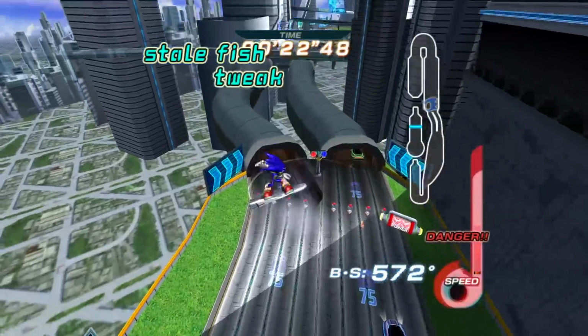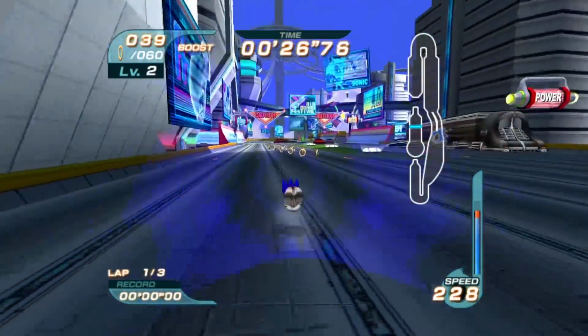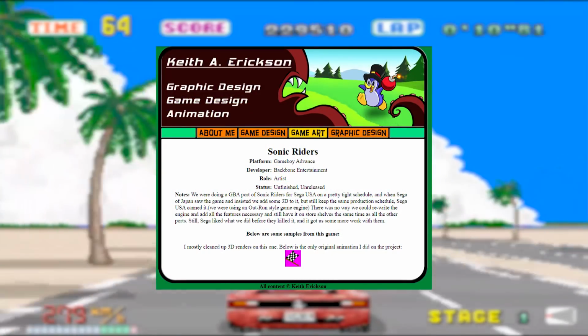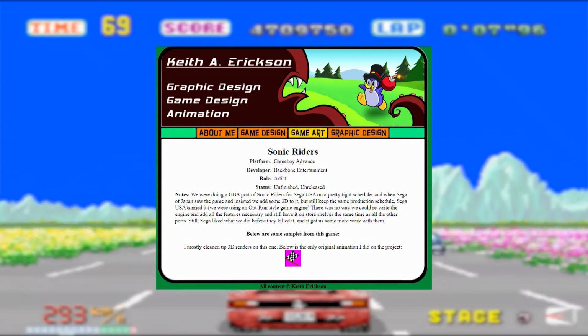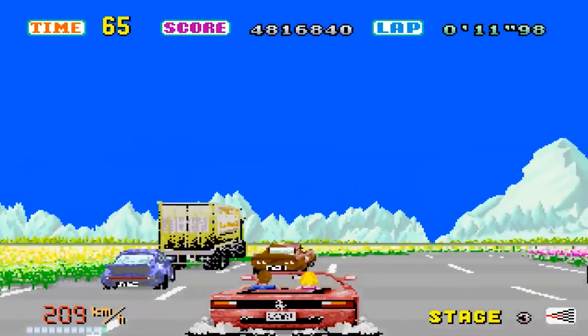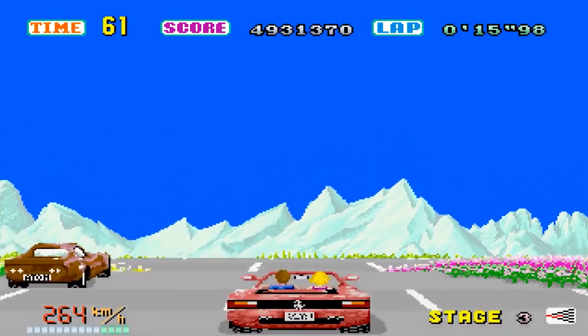Information about it surfaced in 2014 from two previous employees of Backbone Entertainment, those being artists Arvin Bautista and Keith Erickson. Erickson described this game more in depth on his portfolio, describing how the port was going to use a similar game engine to Sega AM2's arcade racing game Outrun, and why it got canned, stating,